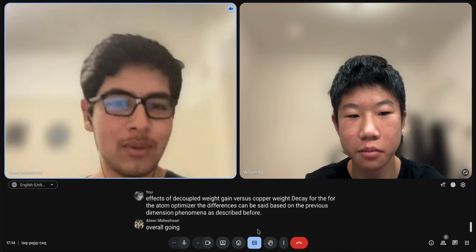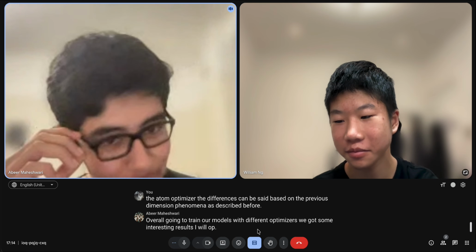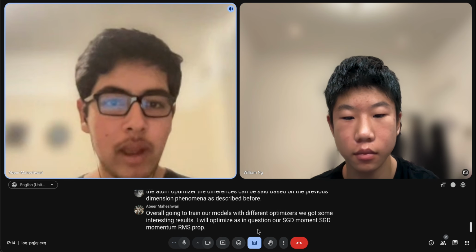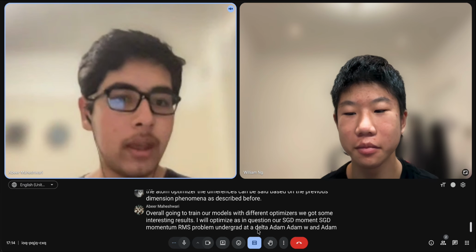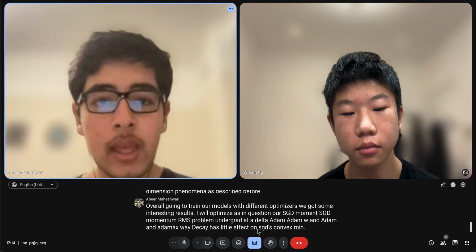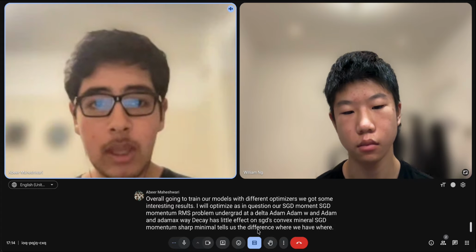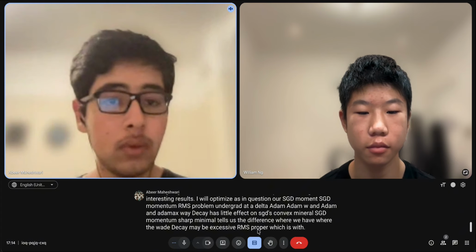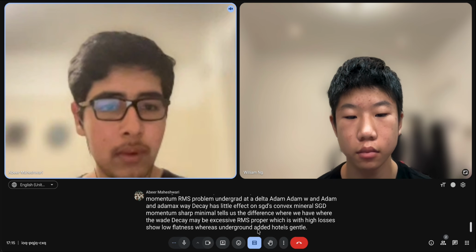Overall, when we trained our models with different optimizers, we got some interesting results. Our optimizers in question are SGD Momentum, RMSProp, AdaGrad, AdaDelta, ADAM, ADAM-W, NADAM, and ADAMAX. Weight decay has little effect on SGD's convex minima. SGD Momentum's sharp minima tells us a different story, where the weight decay may be excessive. RMSProp's sharp curvatures with high losses show low flatness, whereas AdaGrad and AdaDelta's gentle slopes show good flatness, meaning